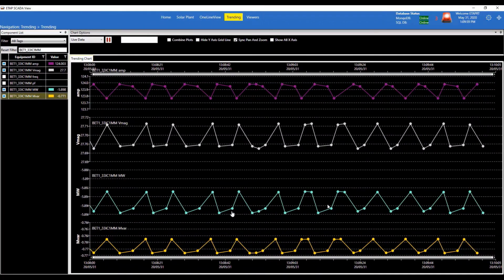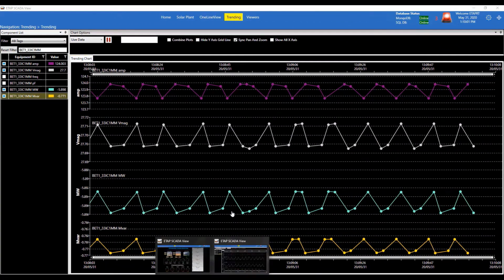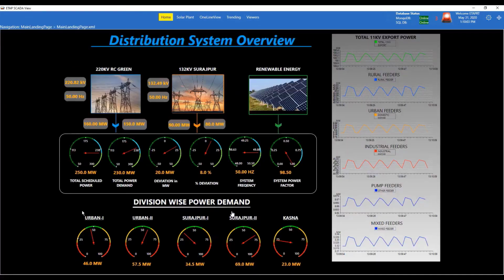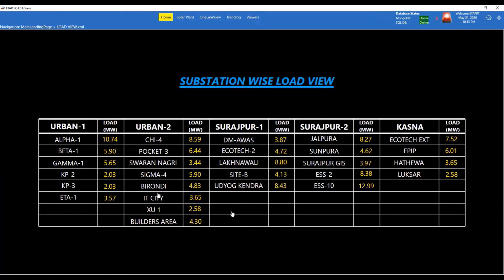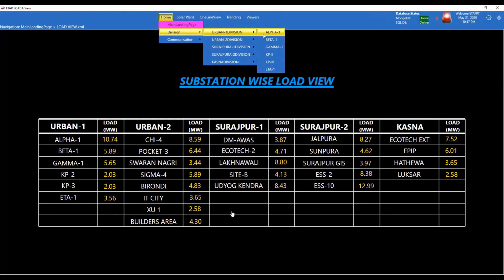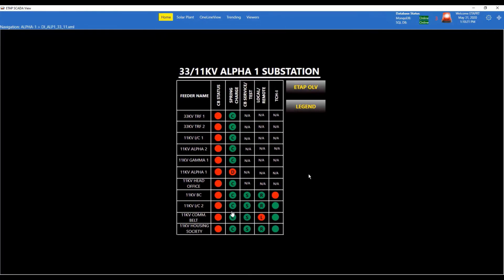Here's another example of an operator view displaying key summary data. On these views, operators can monitor the health of the system and take action accordingly to maintain the reliability of the system. On the operator views, the system continuously updates critical data such as loading levels, frequency, current, voltages, and power factors. Other examples of summary views can be monitoring the state of feeders in a simple view per region. In addition to the summary views, users can also observe the health of other critical measurements at substation level, such as health of circuit breakers, under-frequency alarms, trip alarms, and control status.